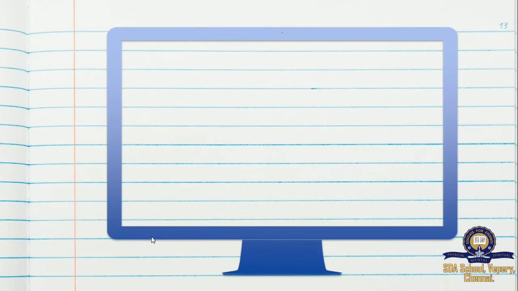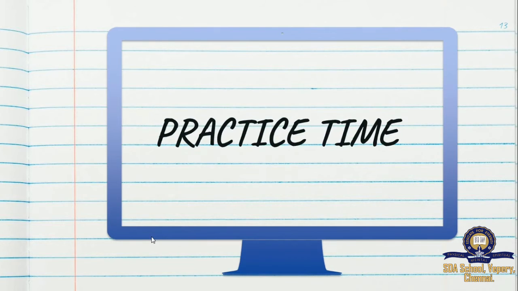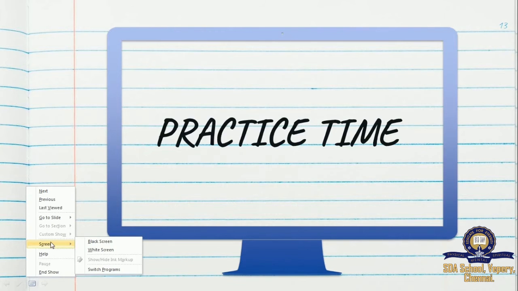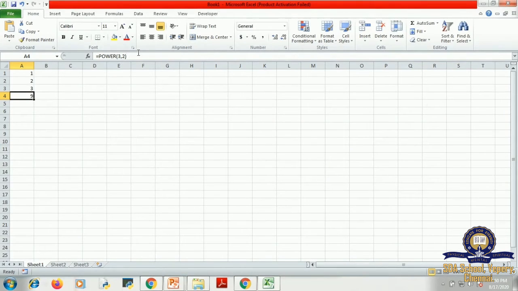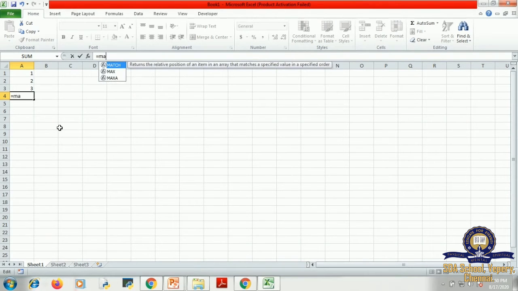Now we are going to see an example. Through practice, we are going to see examples of the statistical functions. Are you ready? Okay, let us see what a statistical function is. For statistical functions, what are the values I told you? Maximum, minimum. For anything you have to apply the equal to sign first. Max of, what did I say? If you give max of, it tells you number, comma, number.